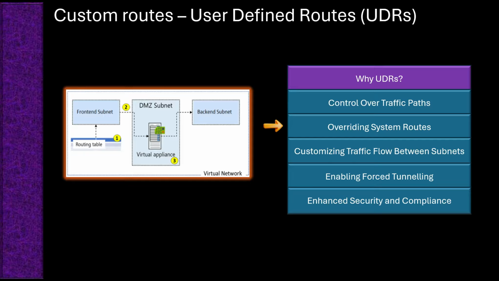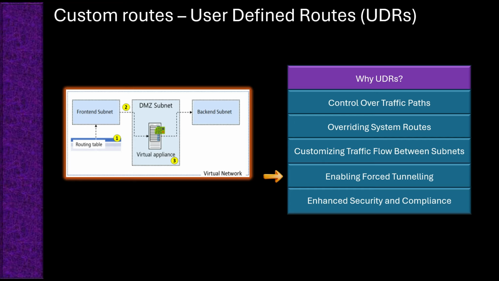or an NVA. If you have a multi-tier application, UDRs enable you to define the exact path that traffic should take between subnets or virtual networks, which is often required for network segmentation and security. You might want certain subnets isolated from others, except when traffic is routed through an NVA, and UDRs let you enforce that. Forced tunneling directs internet-bound traffic back to your on-premise network for inspection,